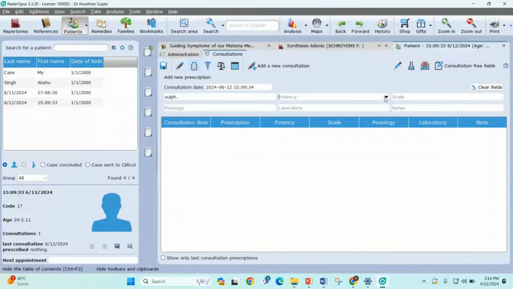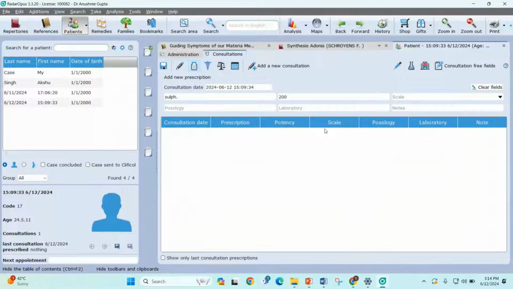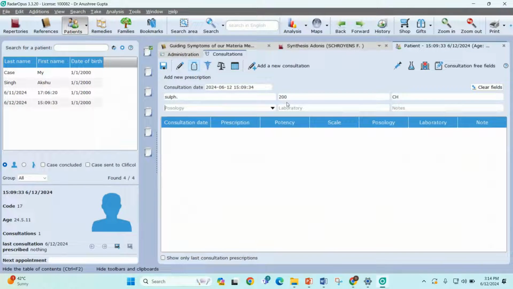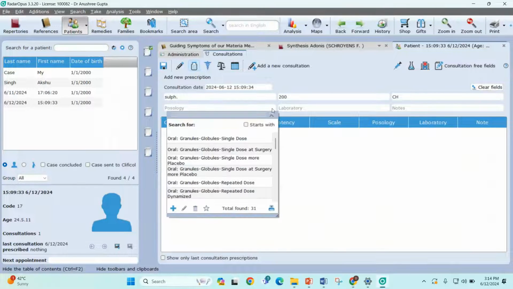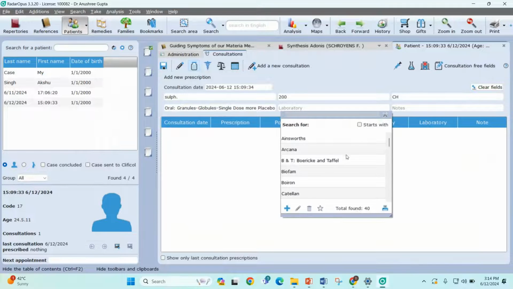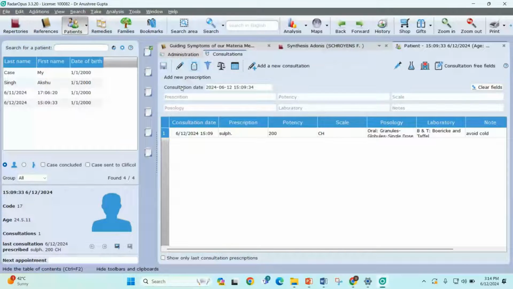The potency which you are using for the prescription, the scale you wish to use for the prescription, the administration, the posology of your patient, your laboratory, and any notes if you wish to add. So you can add the notes to your prescription too. With saving, you can save your patient's detailed prescription.